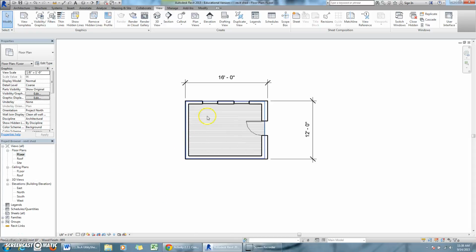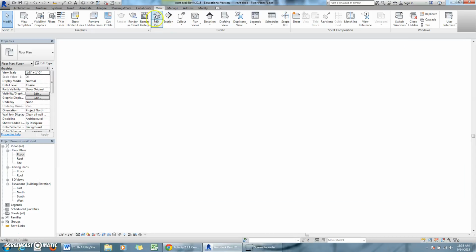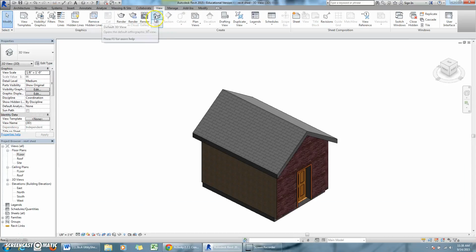Alright, in this video we're going to make a drawing. First thing I want to check, just kind of look around in my different views to make sure everything looks good. If I click 3D view, we still haven't adjusted our floor to line up with the outside of the